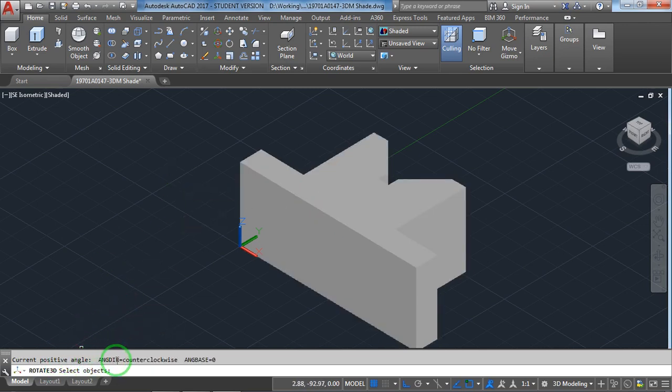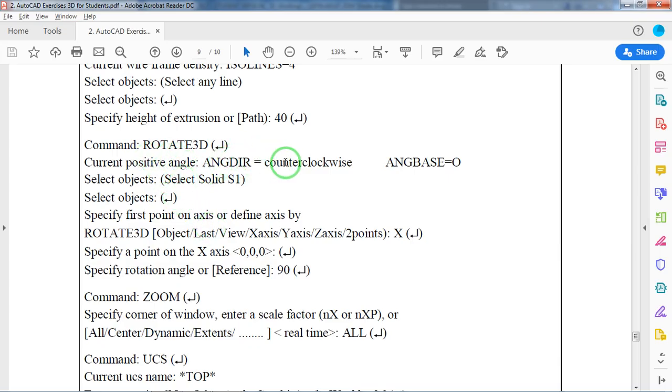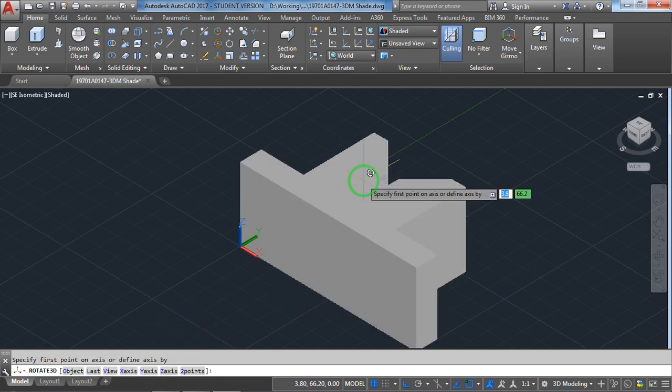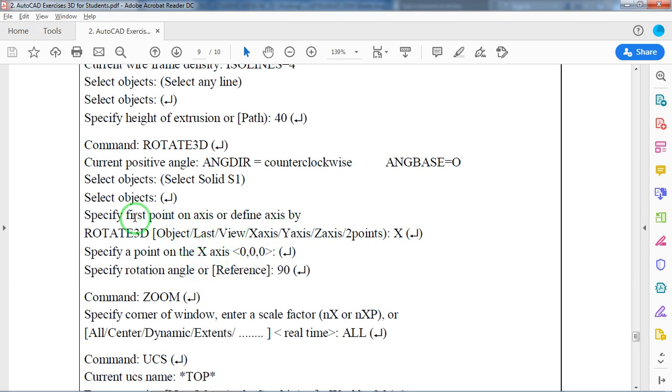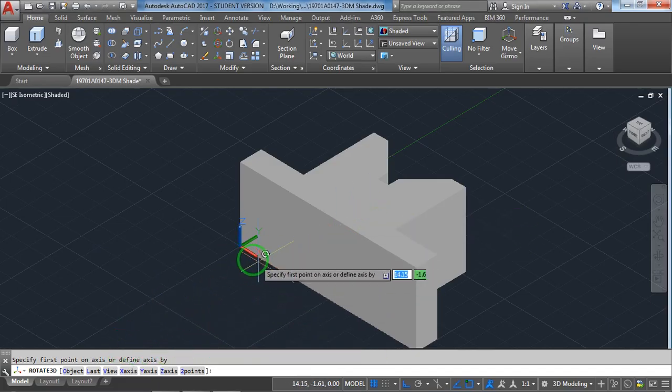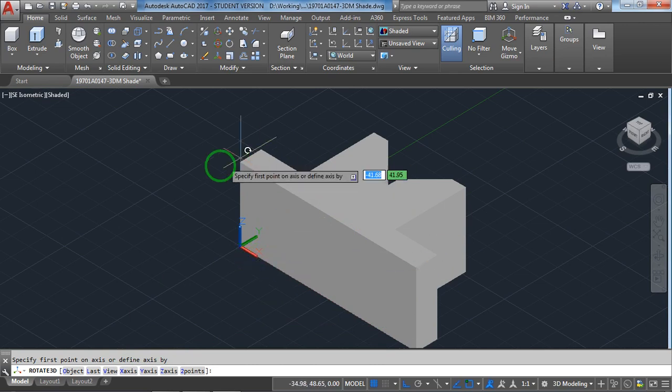See, current positive angle, counterclockwise, angle base 0. Select objects. We are supposed to select the object, solid 1. Enter. Now you can see the rotate symbol, the three-dimensional cursor near the mouse. Now here, with respect to x-axis I'm rotating like this.